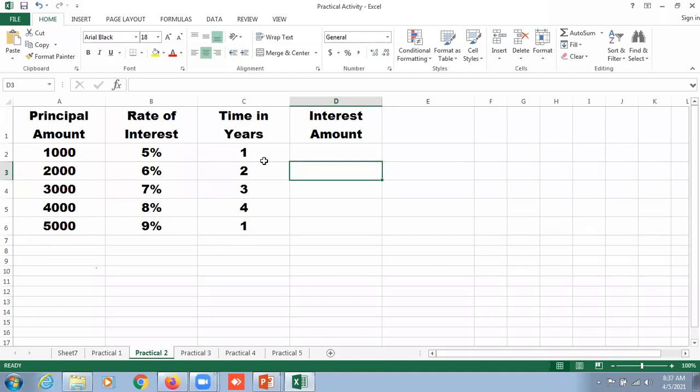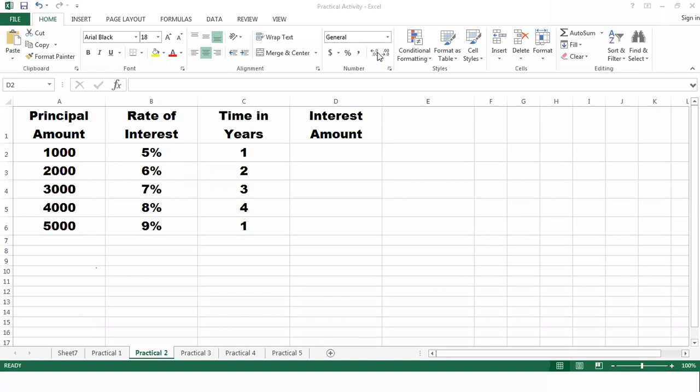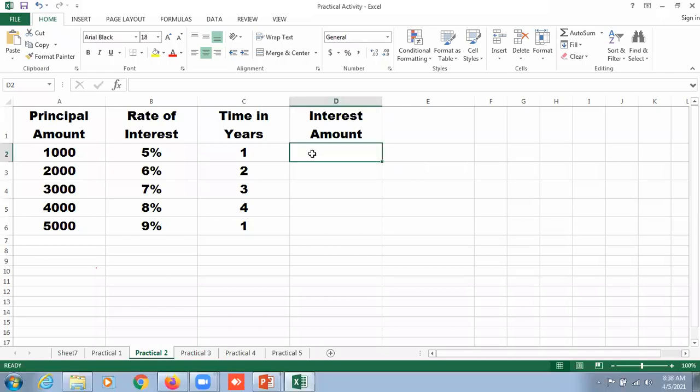Now kindly concentrate. This is the concept where we have principal amount, rate of interest, time in years, interest amount. Can you please type in the chat box how we are going to find this information, whether we are going to add these or multiply these? Very good, I am waiting in your chat box. Great. P into R into T. Okay, so next time you are supposed to mention the formula.